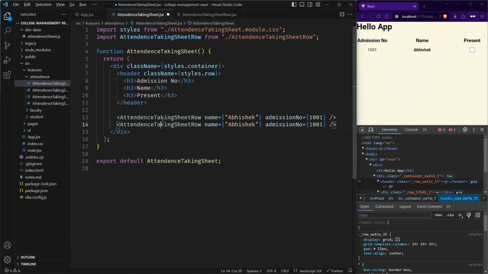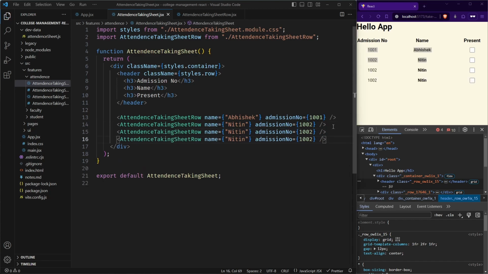Now we can duplicate this and we can just change the name. Suppose next name is this one with ID of 2. Here you can see we are rendering the same component but with different data. This is all the magic of React. Earlier I have showed you the same thing in the previous video. So now there is another example, and even we don't need to do this manually here.